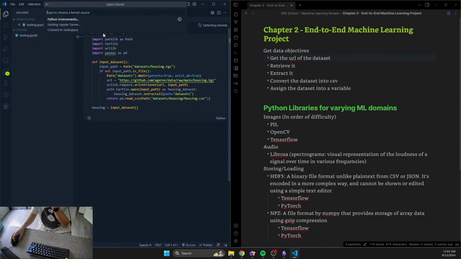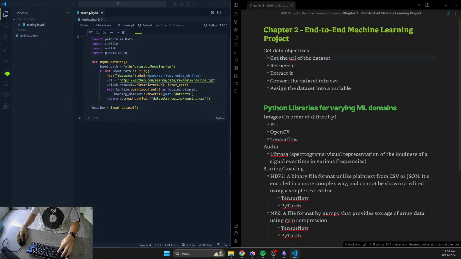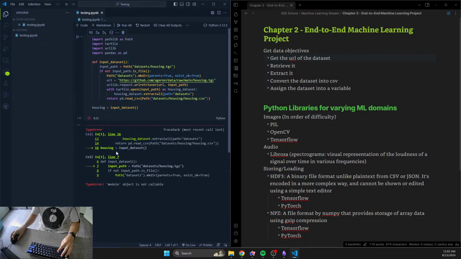Okay, let's try it. Module object is not callable. So like that. Input path is